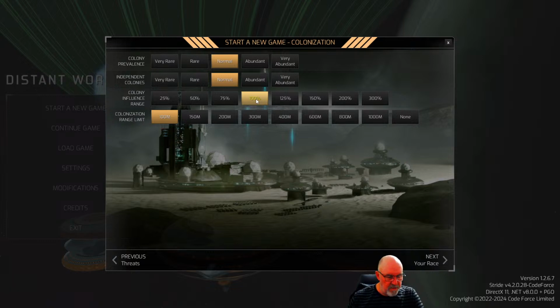It's all to do with the population and development of your different colonies, and that's what pushes the borders out. Colonization range limit. I'm going to ramp this. The default is 300. When you're playing your first games, keep it at 300. I like to bring it down. I'll bring it to 150, which means that I can colonize anything within 150 m, which is the measurement in